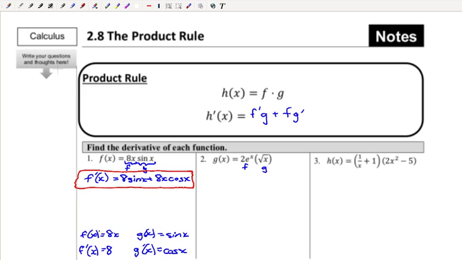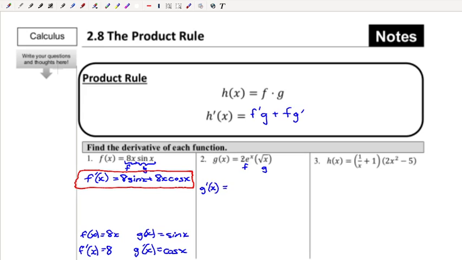Now I'm not going to go ahead and write all this out. You don't have to write this out every time, because I think most of the time, unless it's a complicated derivative for f prime or g prime, you're going to just be able to do that as you go along. So then g prime of x in this sense of the original g is, well, let's see, f prime,